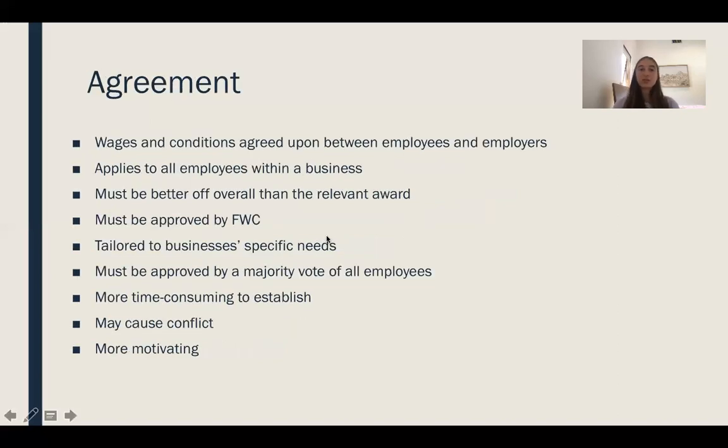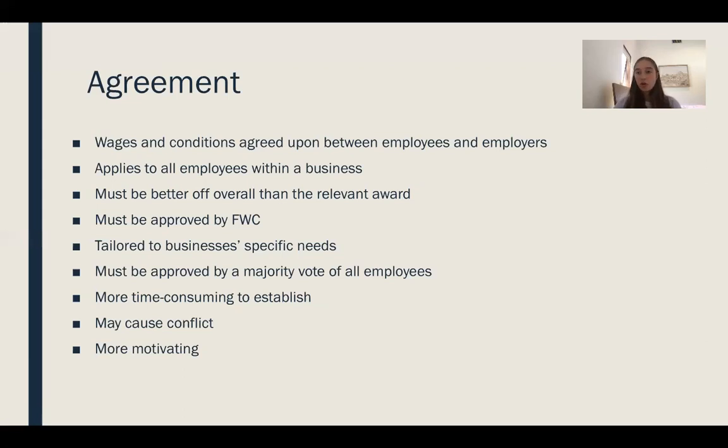And that brings us on to the agreement. So the agreement is instead wages and conditions of work that are agreed upon by employees and employers. And the terms of the agreement are created through what we call enterprise bargaining. What that is, is negotiations between employees and employers. There may also be the HR manager and trade unions present, and they will work out a mutually beneficial agreement that pays employees a fair amount and also achieves the business objectives. The pay isn't too high that it's going to reduce the business's profit or make the business unprofitable.